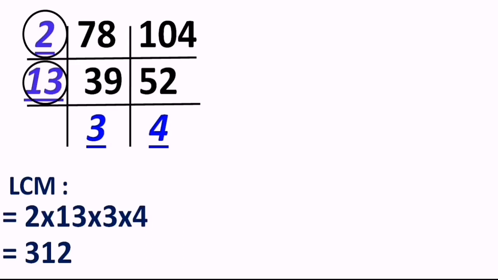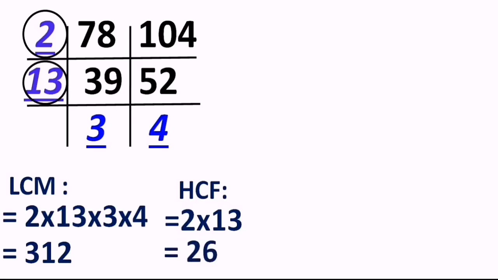And now for the HCF or the GCD, we have to choose only those numbers which are dividing all the numbers which are present in the LHS. We are not supposed to take the numbers at the bottom layer for the GCD or the HCF. Keep it in mind. Why did I choose 2 and 13? Because 2 and 13 have divided both the numbers in the question. Okay, keep it in mind. And once you do the multiplication, 2 into 13, we get the answer 26. Okay, so we have LCM with us, we have HCF with us, right?